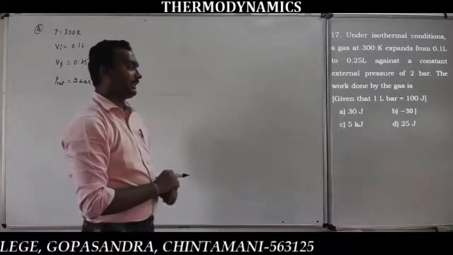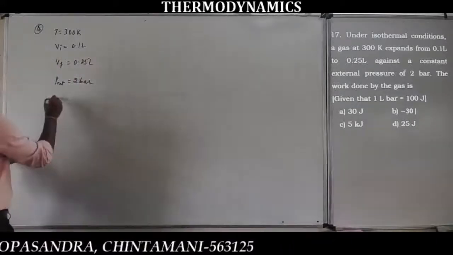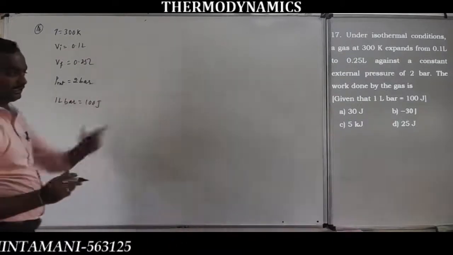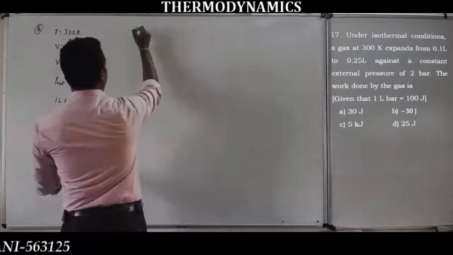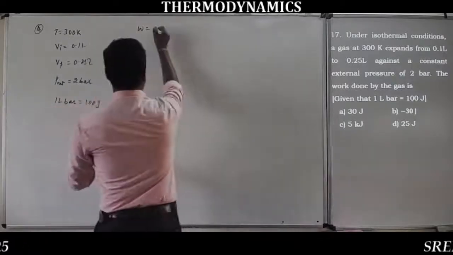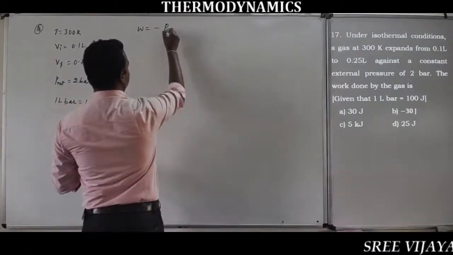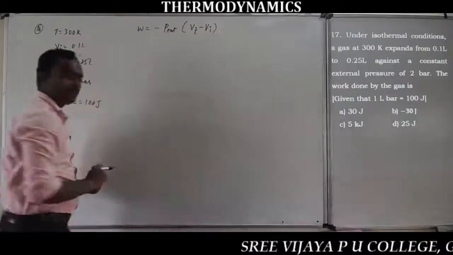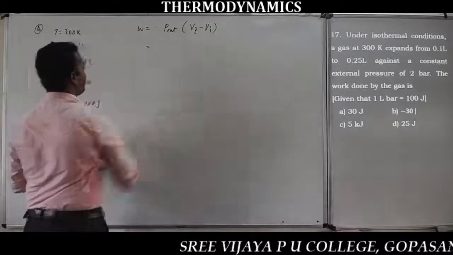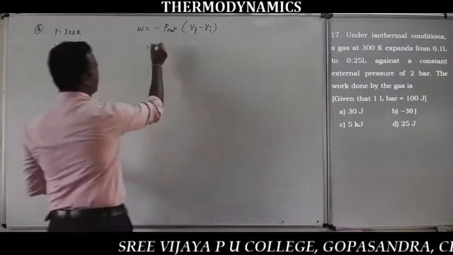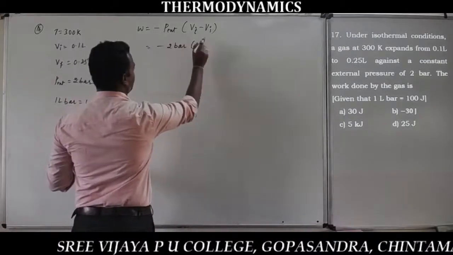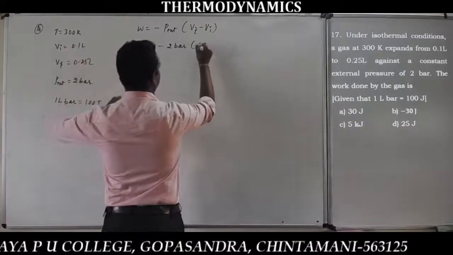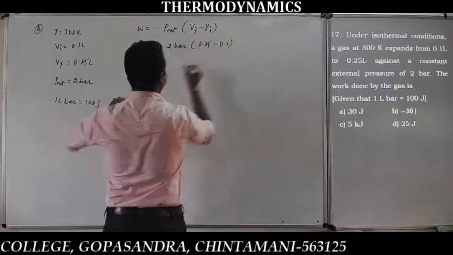And the work done by the gas is, and also they have given a hint: 1 liter bar is equal to 100 joule. The answer is given in joule. So again, isothermal expansion of gas, W is equal to minus P external into Vf minus Vi, final volume minus initial volume. That is equal to, what is the external pressure? That is minus 2 bar into Vf minus Vi, that is 0.25 minus 0.1, that is equal